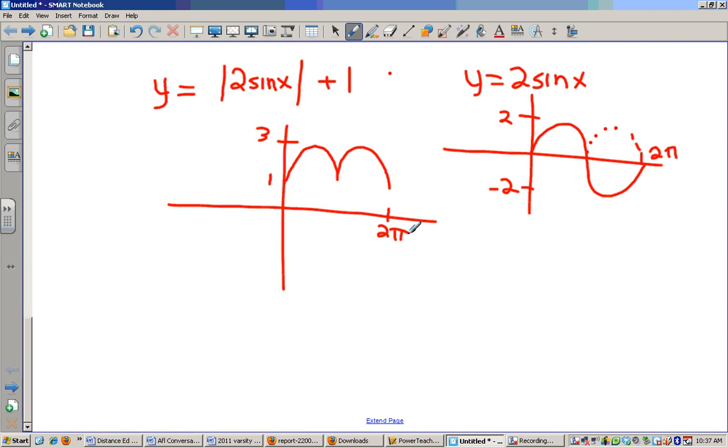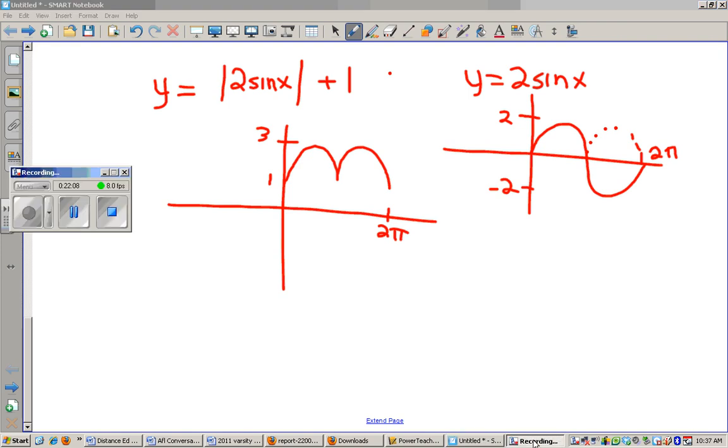No, you got to do it in the right order, Michelle. Once we take the absolute value, that makes the graph now like this. And then we're shifting that up 1. So those type of graphs, you just kind of draw the original, work your way through it. All right. Again,